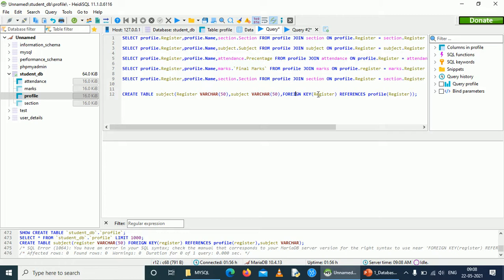And foreign key of this register column in this table will actually be referred to register column of profile, which means whenever any data is inserted in this table, the inserted value will contain a register number, and that register number will be checked whether it is present in profile column. So only if it is present in profile column, then only it will be allowed to insert in this table. So this is actually foreign key.